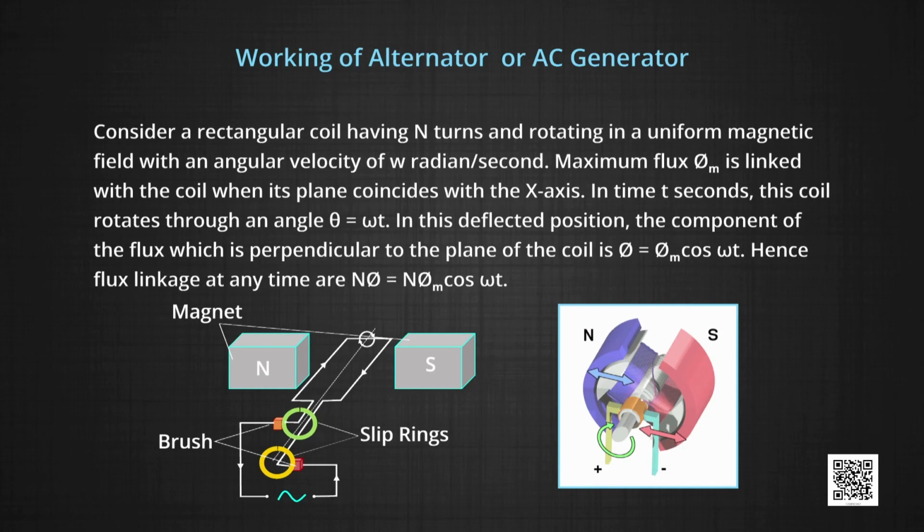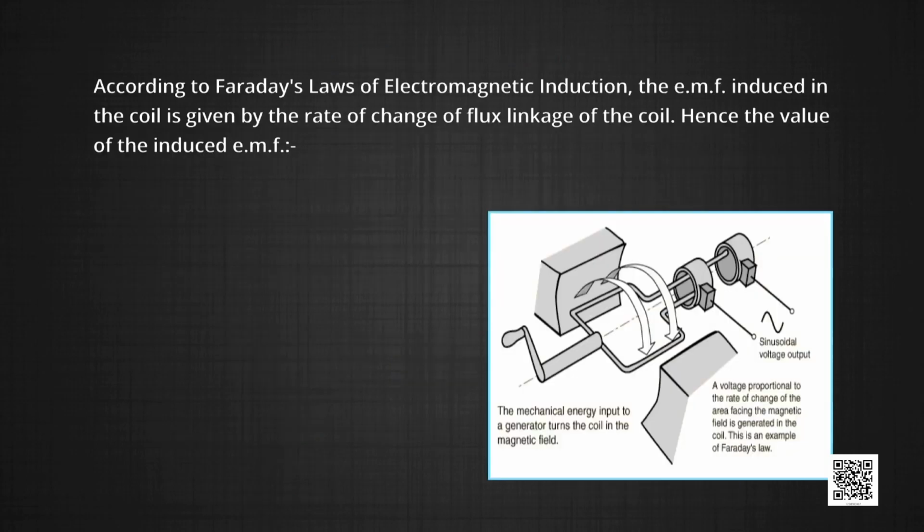In this deflected position, the component of the flux which is perpendicular to the plane of the coil is phi equal to phi m cos omega t. Hence, the flux linkage at any time t is n phi equal to n phi m cos omega t. As per Faraday's law of electromagnetic induction, the EMF induced in the coil is given by the rate of change of flux linkage of the coil, that is, the induced EMF is e equal to minus d by dt of n phi